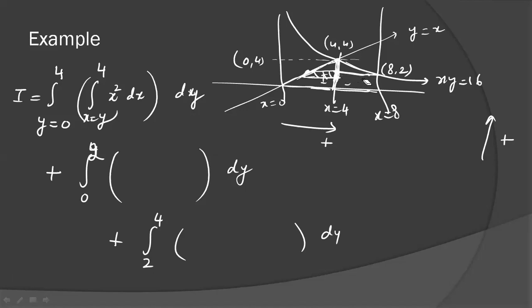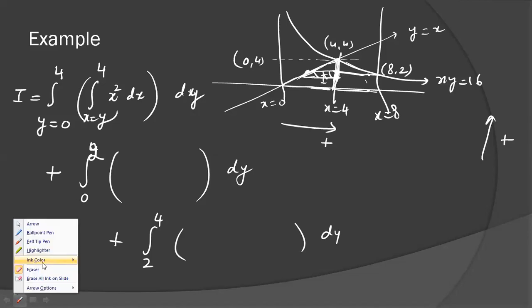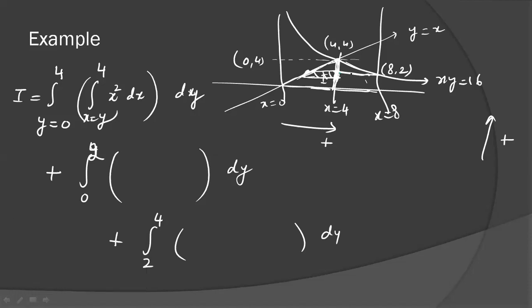In the second part, if you see carefully, this is again an intersection point, (8, 2). Here, the uniform strip has a common tail and common head up to this line. But if you draw a strip here, the head is changing. So we have to draw another strip here.